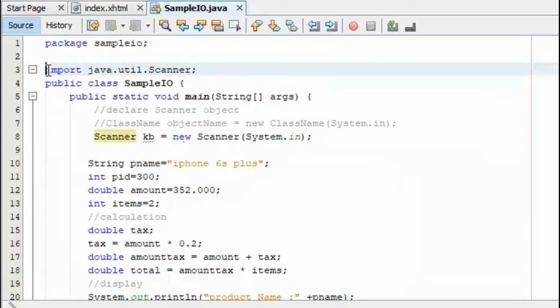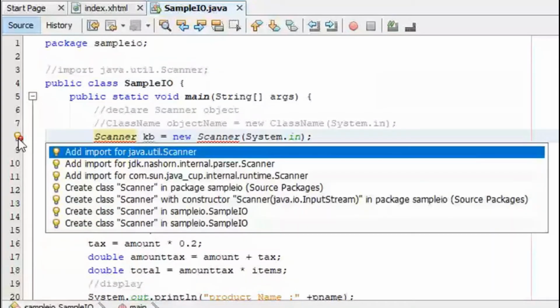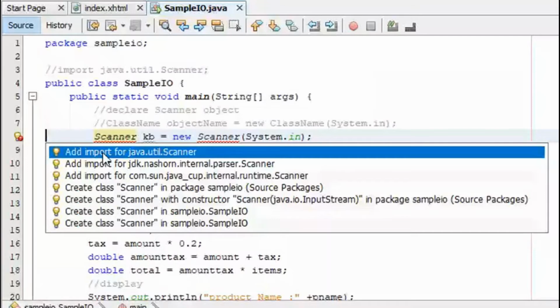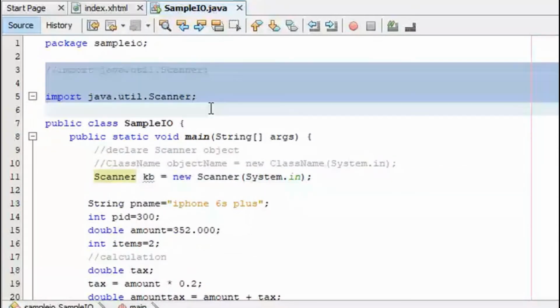I will put this in remarks just to hide it. I have the error. What error is it saying? It's saying that the Scanner class was not declared, cannot be found. So we have to declare it. Where do we declare it? Look at that, I don't even need to type. A while ago we have typed it, no? But if you click here, immediately you can add the import command. You see that? Did I type it? No, I did not.